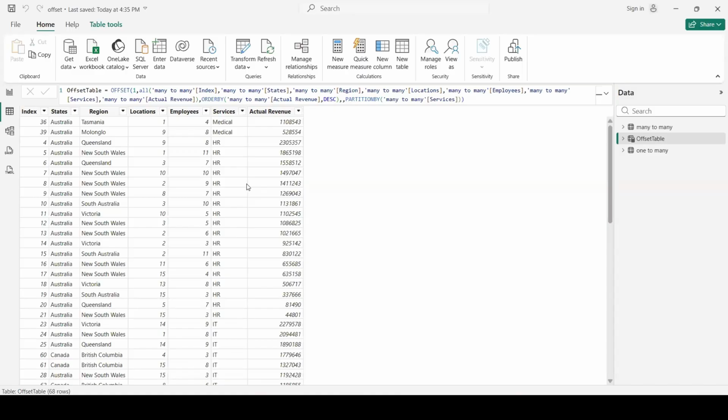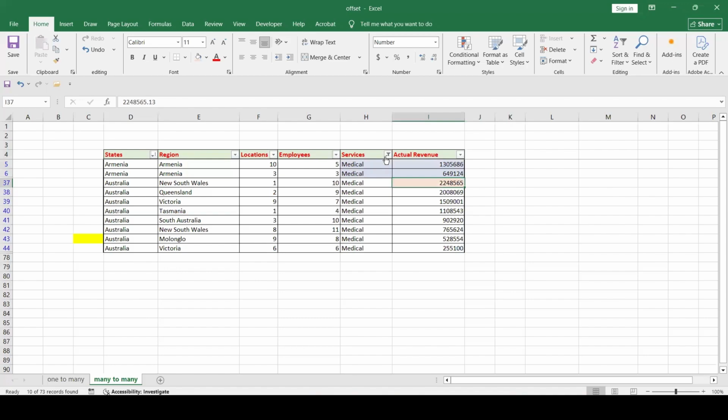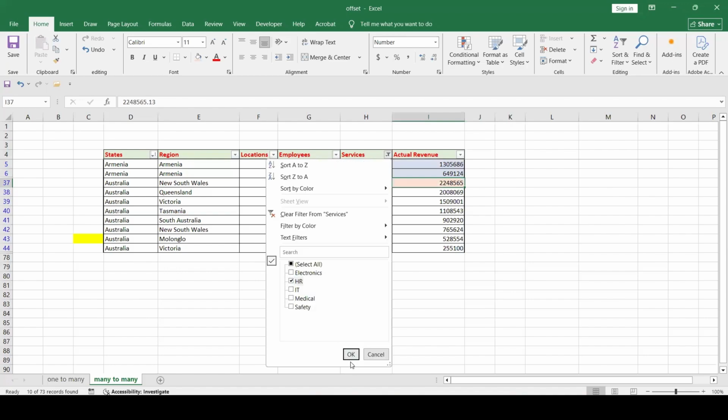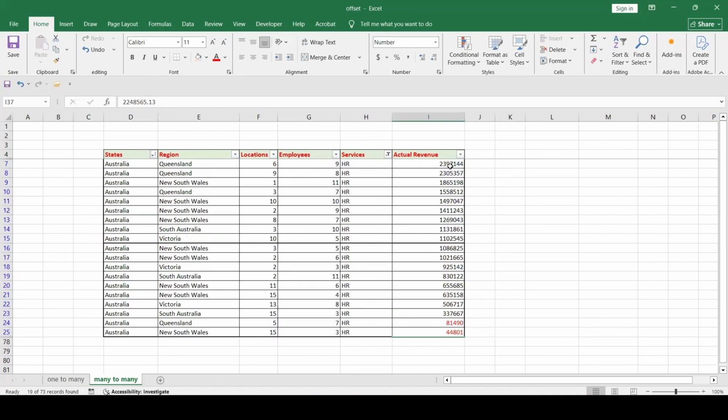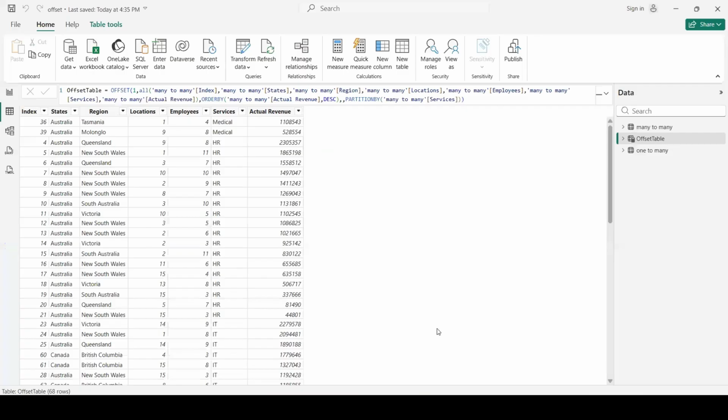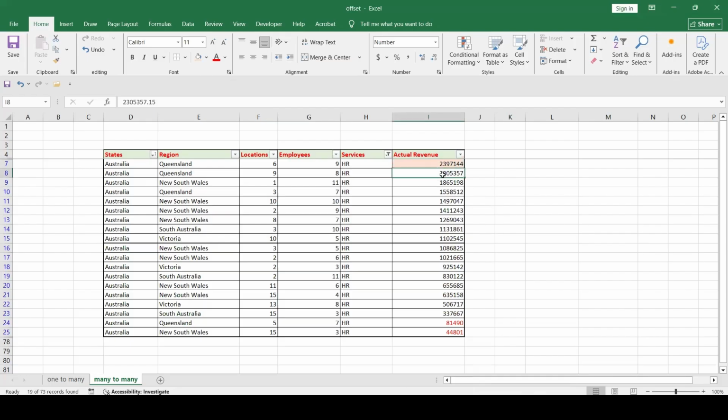For HR, let's look in the Excel file. HR, also the highest value should not be here, and the highest value in this case is 2.39 millions, and the second one is 2.3. So 2.39 should not be in our table in case of HR, so it is not. You can see the next one is 2.3, it is actually here.